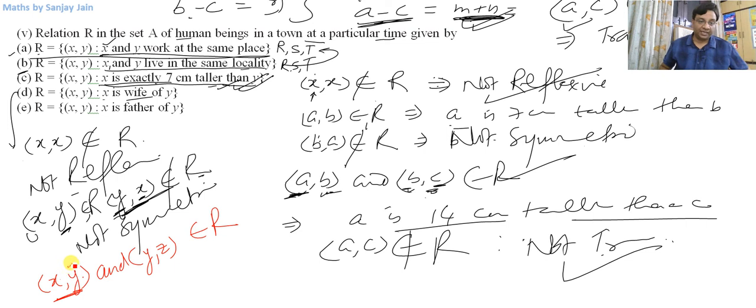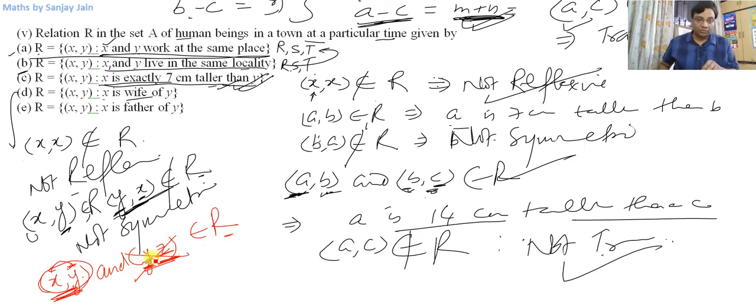So Y is a male, okay. X is wife of Y, that means Y is the husband of X. Now Y comma Z, so Y is wife of Z. If this has to be present, then Y should be wife of Z, which is not possible because Y is husband of X. So if X comma Y is there, Y comma Z cannot be present in the relation,